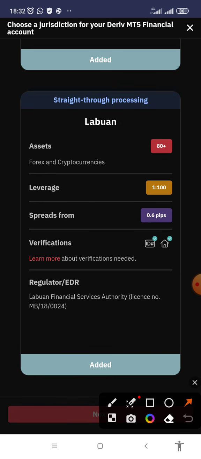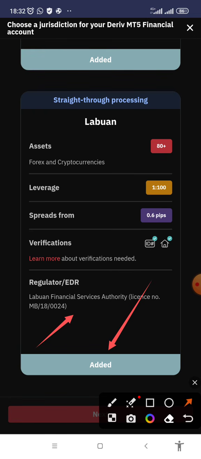So this is the new account that I created. You see that it's also added. If you look at the regulators, that's Labuan Financial Service Authority. The license number, everything is there. So this is the fourth account I have created today,